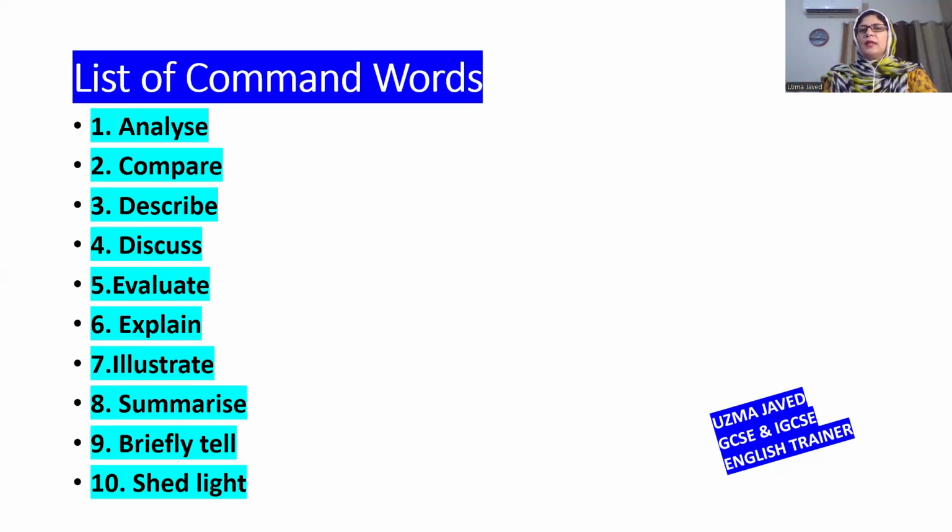Now I have jotted down a list of some of the common command words which are used in our examination papers. There are just 10 which I have shared before you. There can be innumerable, just as I have given you examples from my personal life also. Analyze. We will be looking at each of these command words in detail. First, just take a screenshot of this list so that you can have an idea of what they are. Compare. Even contrast can be a command word. I have not written it over here, but it can be.